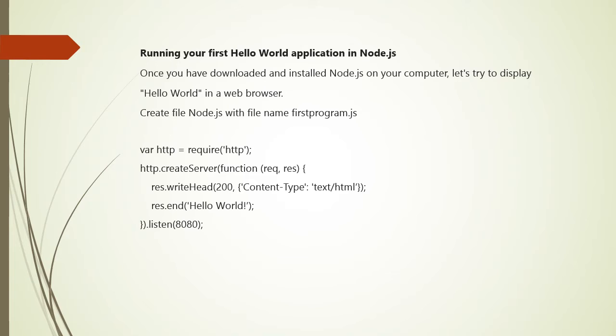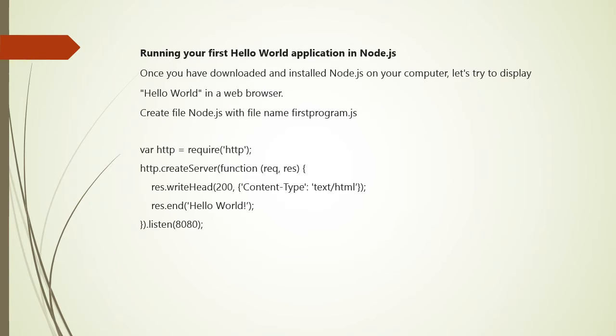Now see, the basic functionality of the require function is that it reads a JavaScript file, executes the file, and then proceeds to return an object. Using this object, one can then use various functionalities available in the module called by the require function. So, in our case, since we want to use the functionality of HTTP, we are using the require in bracket HTTP command. So, this is the first line.